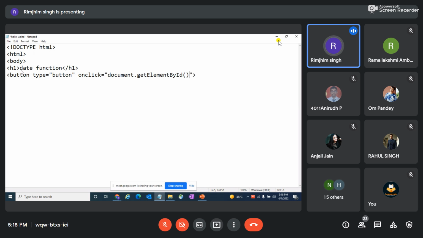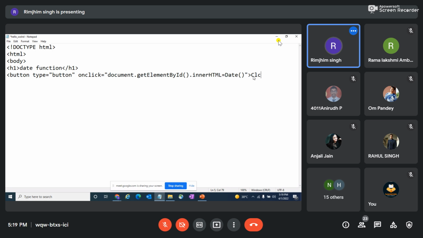And then I'll declare my ID later. Dot innerHTML to print the output. And here in innerHTML, what I'm printing is date, today's date.